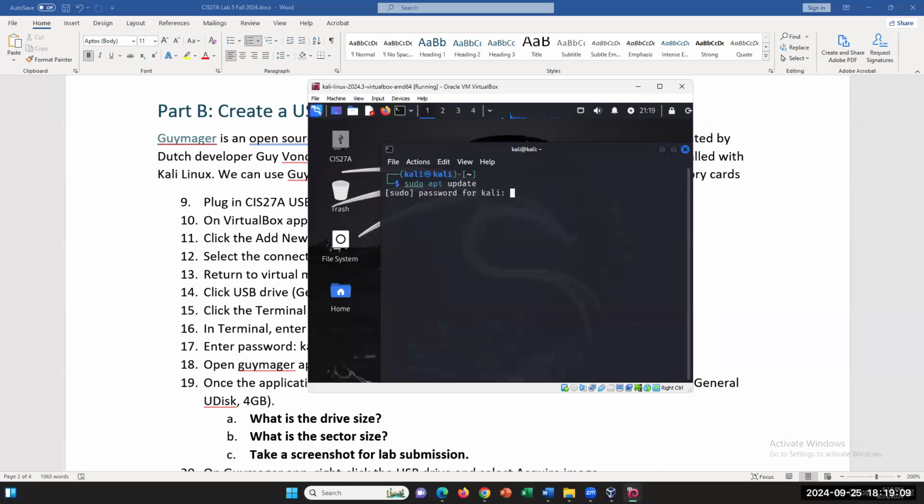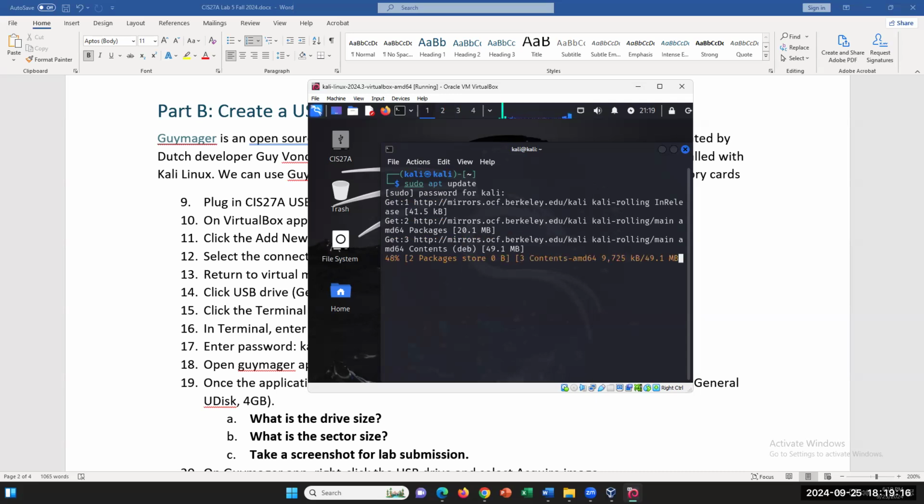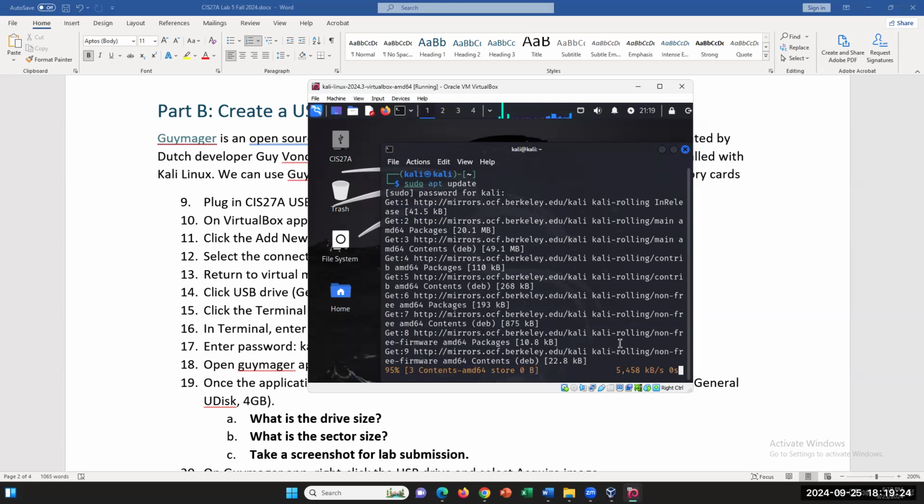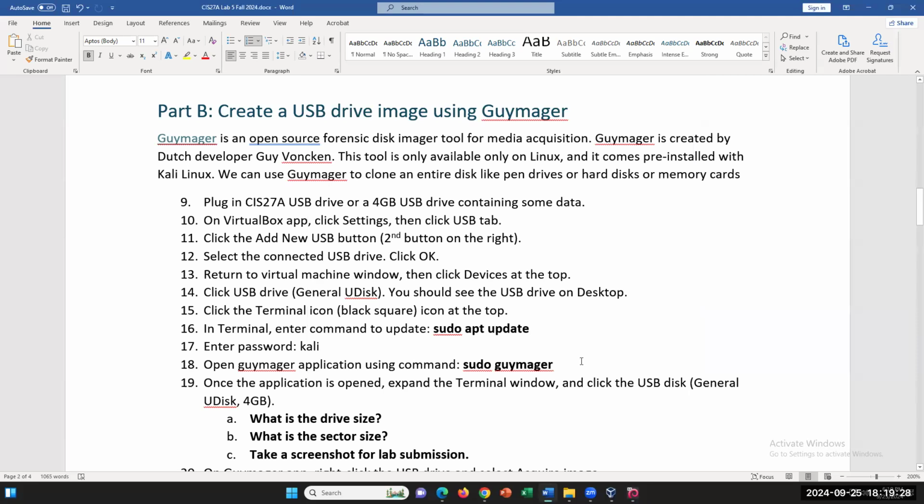So KALI for Kali. Now, since we're using a pretty new version of Kali Linux, it doesn't take too long to update. If you're using a dated version, it's going to take a little bit longer. So this is going to take a few minutes to pull the update. And then I'm going to run